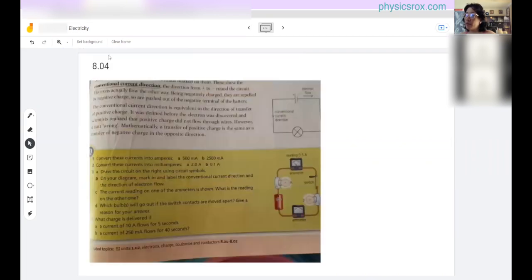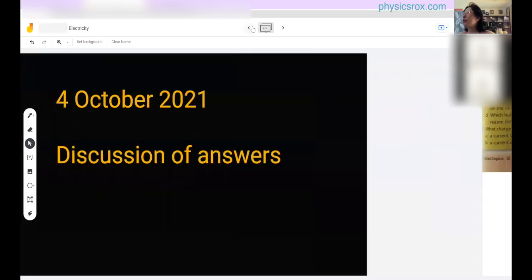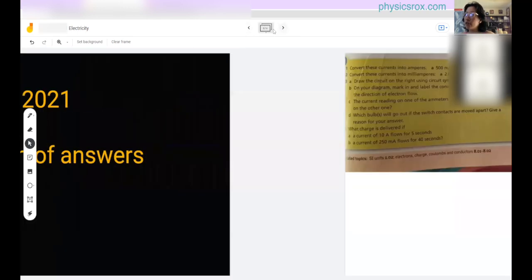Okay, thank you. Those of you who already solved, I will mark properly and show you where the correct and wrong parts are. But I'll just go through briefly here. This is the same Jamboard that we've been using. Those of you who already have the link can check with the same link. If you want the Jamboard link, send me your email address so that I can share the link directly. So anyway, let's go through